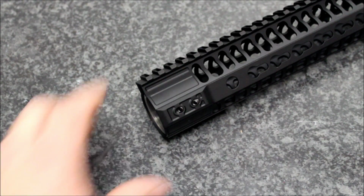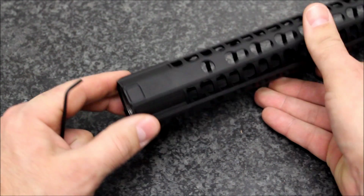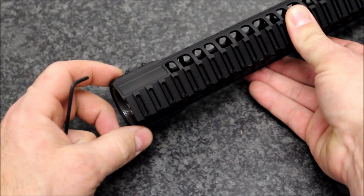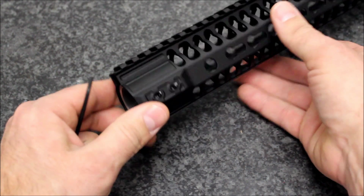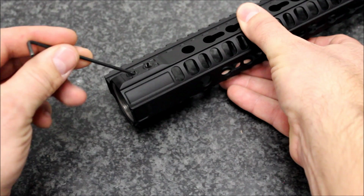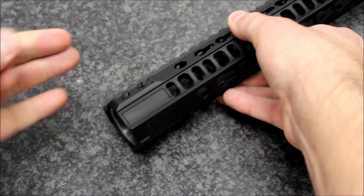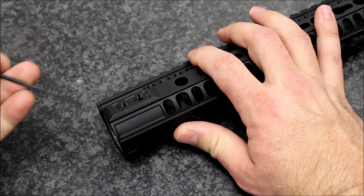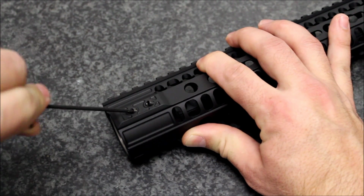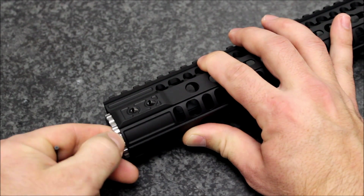Alright, when you get your rail, you're going to notice that all four of the locking nuts are actually installed in the rail. Three of them are going to be out, and one of them is going to be in there just slightly to secure the barrel nut for packaging. So you're going to want to turn that out. This is a 3/32 Allen wrench. It doesn't have to come all the way out, just a little ways, and then you'll be able to remove